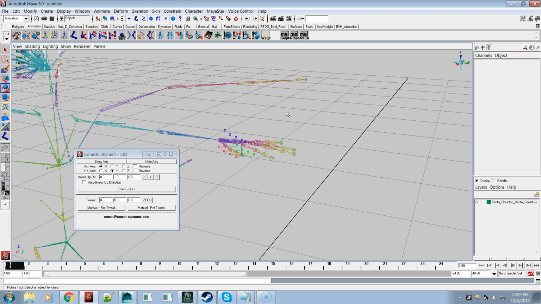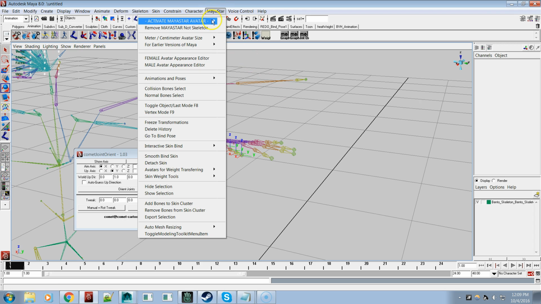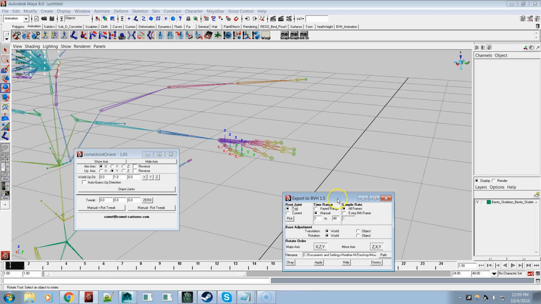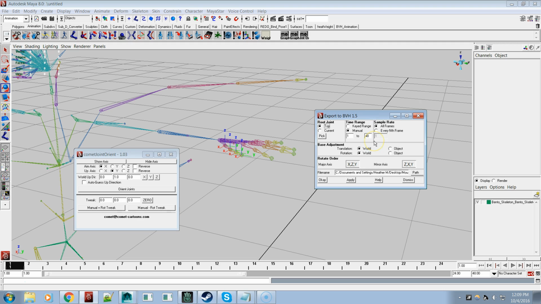Now in MayaStar you can access the exporter by going to activate MayaStar, export animation. This is a slightly modified version of Samantha Patterson's BVH exporter. I just did a couple of little minor things. I just had it automatically select the hip joint instead of having you pick it. And I played around with these major and minor axes, and there's maybe a way to have the major and minor axes